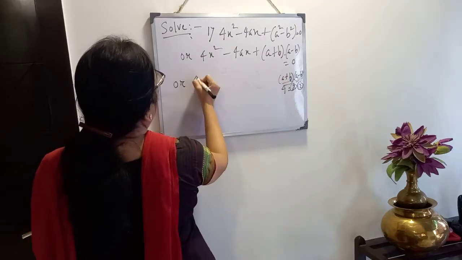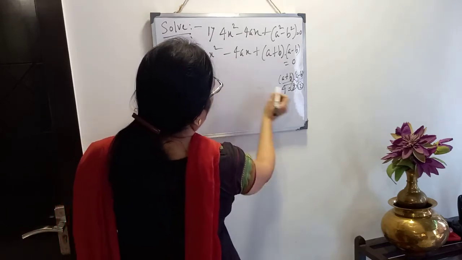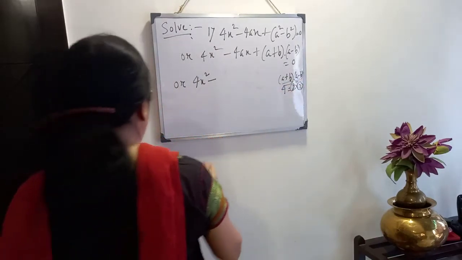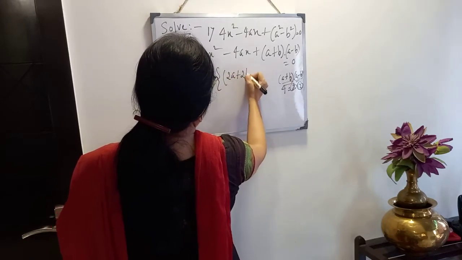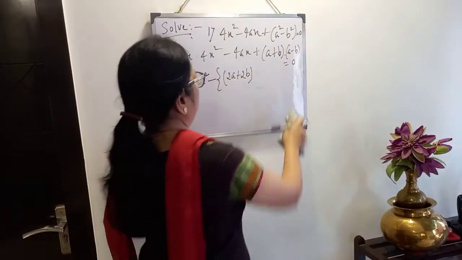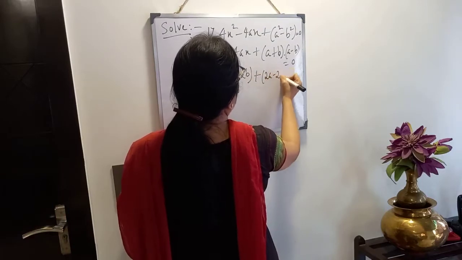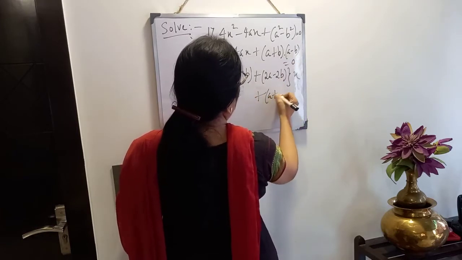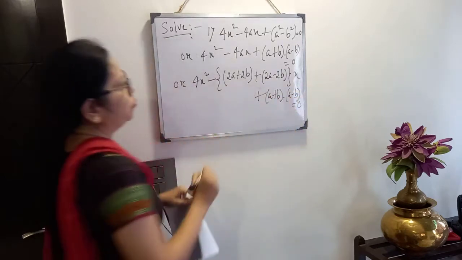So one 2 I am multiplying with this and another 2 multiplying with that. So it is becoming 4x square minus, we have to bring 4a. How will it come? 2a plus 2b plus 2a minus 2b. Clear? So here we are writing minus 2a plus 2b x, the middle term, as all of you know now, plus 2a minus 2b x, and this we have to write plus a plus b into a minus b equal to 0. Clear?